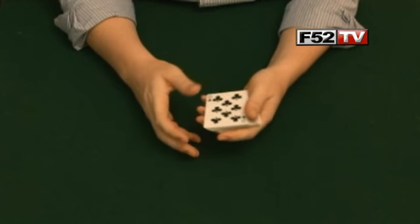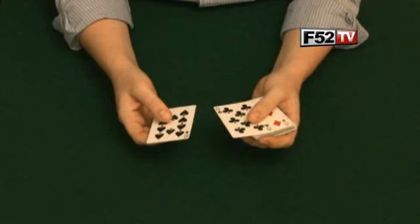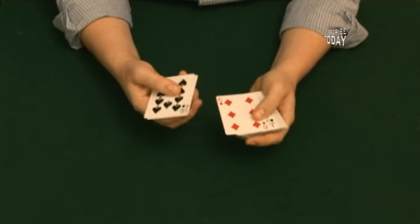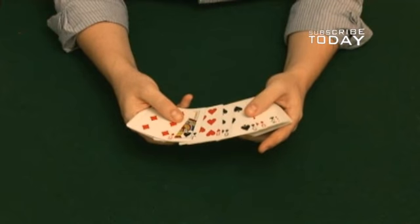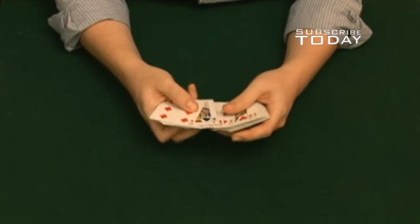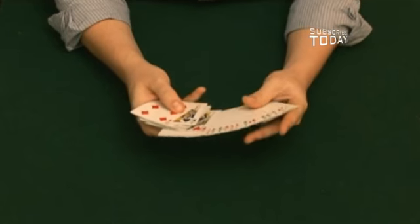So in this case, I would swap the order of these two and go like this. So I've got the 10 and the 8. These are going to run underneath the spread, and I'm going to look for another 8. There it is, a black 8. Cull that under the spread, and then maybe...